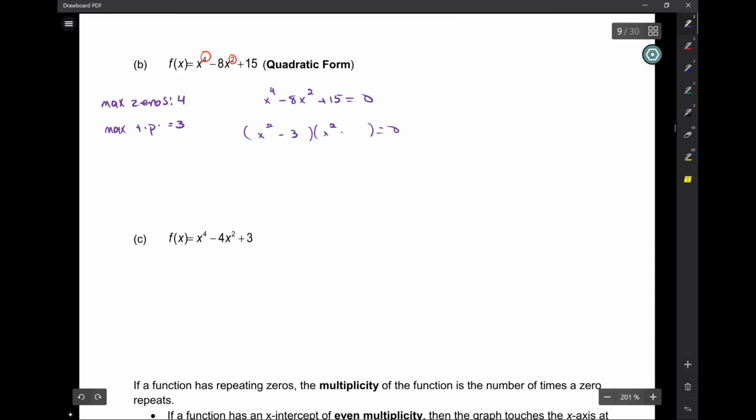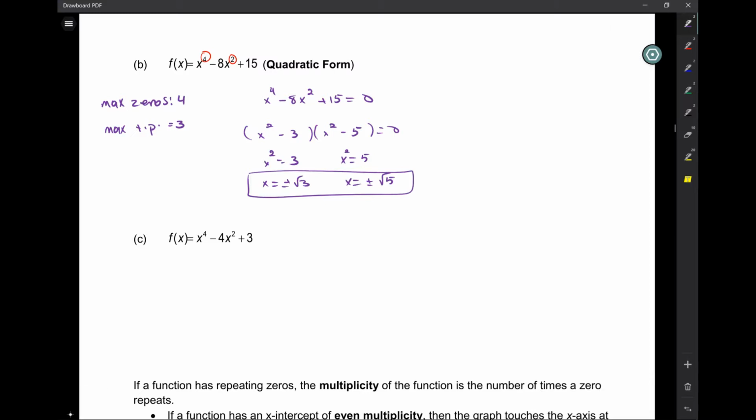So -3, -5, right? And then when I solve these, I'm going to get that x squared is equal to 3. So x is plus or minus root 3. X squared is equal to 5. X is plus or minus root 5. So you see that you do indeed get 4 distinct solutions. They're real solutions, but irrational. Okay? So 4 real, irrational